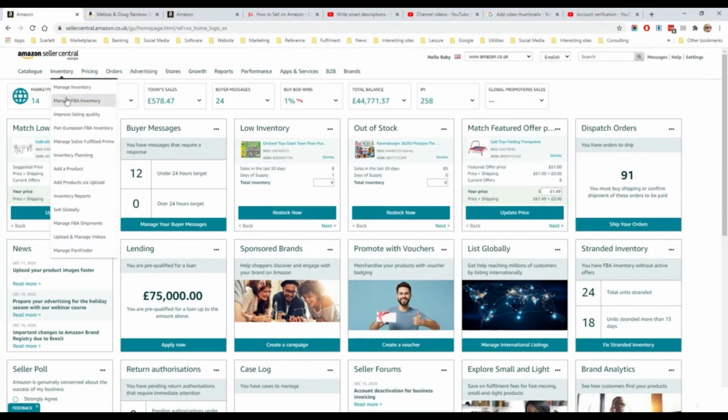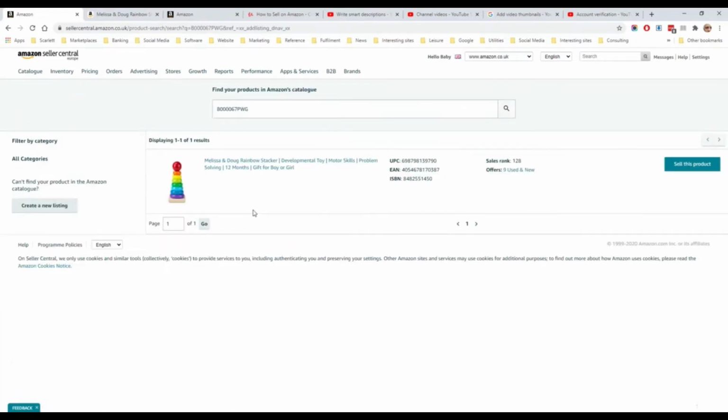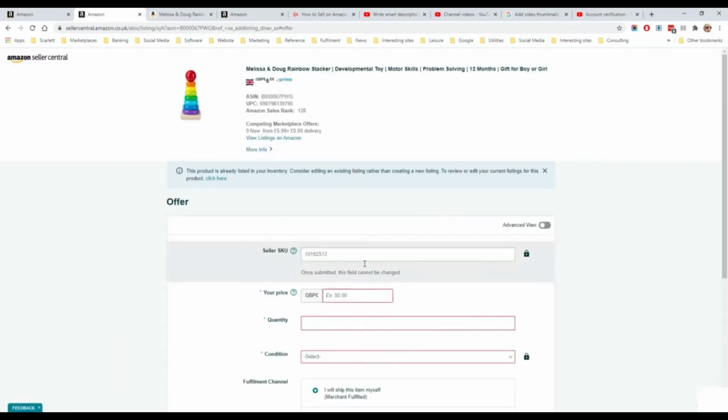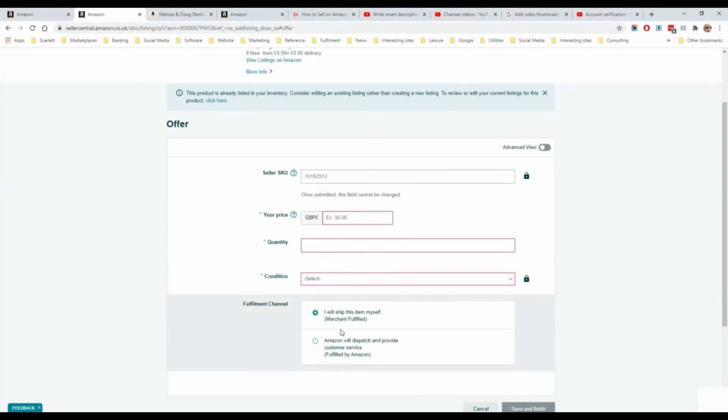go to Amazon, we go to inventory, we go to add a product. If we search for this ASIN, we can sell this product against that listing, and it will ask us to add our stock number for the product, our price, the quantity, the condition we're selling in, and then also the